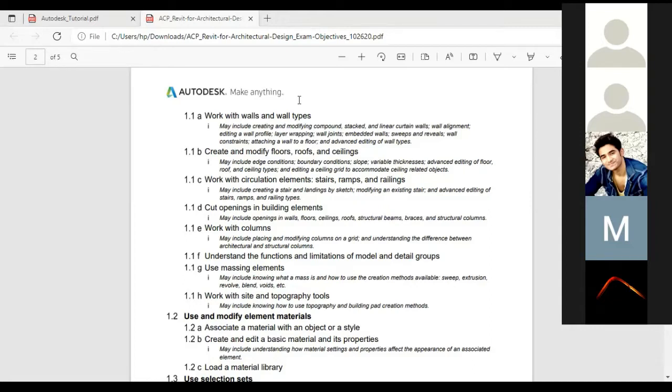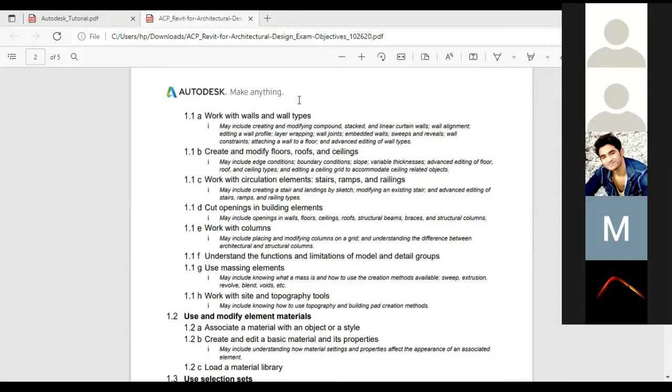You know how to do massing, right? To create a mass model, to create mass floors. Somewhat they can ask like this: open this mass model, which is given in the exam data set. We have to open the particular mass model. Then they ask us to create mass floors. If we have a mass model with some levels, we can create mass floors. We need to just select the mass model, go to mass floors, and select the levels where we need to create the mass floors.